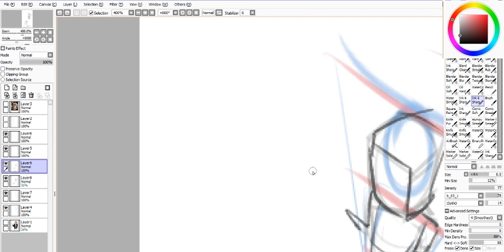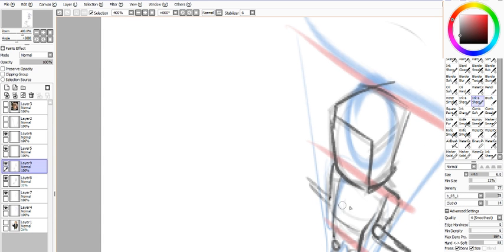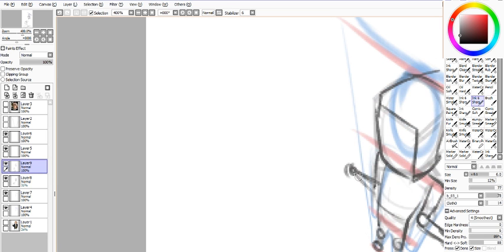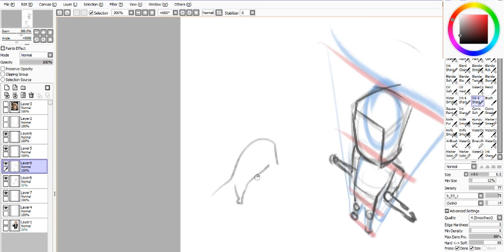Obviously, if you can get a reference photo, that's your best scenario. Unfortunately, Google and Bing and all that aren't very good at finding things when you're being an artist. They're good at finding you some dank memes, and that's about it. But for finding anything of a proper perspective, any kind of artist reference, you really need to go out to live drawing classes and then go really close to the person you're drawing.